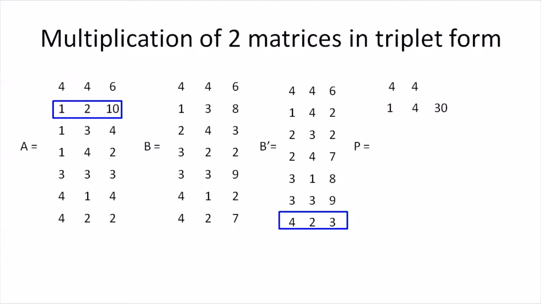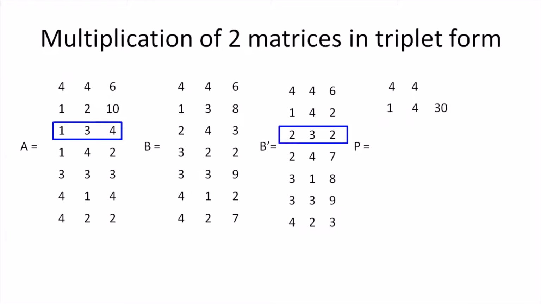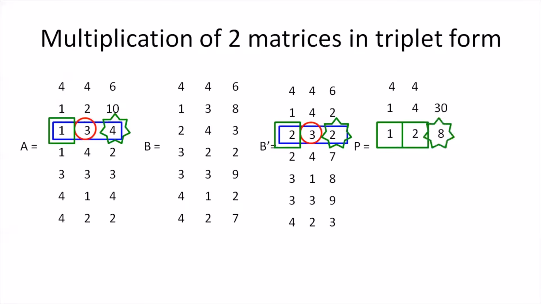Now we will proceed with the further comparison. So for matrix A, we move to the second row and we again start comparing each and every row of the matrix B dash. On reaching this particular row, we find again A of x1 matches with B of y1. So accordingly, the entry corresponding to x, y gets stored in the resulting matrix P. So x is 1, y is 2. So 1 and 2 get stored in the first and second column of the matrix P respectively. And the non-zero elements of the highlighted rows are 4 and 2 in the matrix A and B dash. Accordingly, 4 into 2, that is 8, gets updated in the resulting matrix.